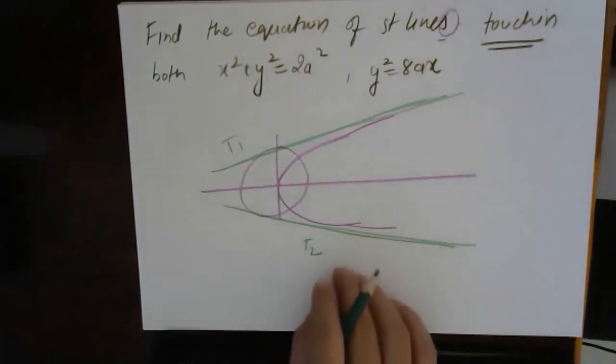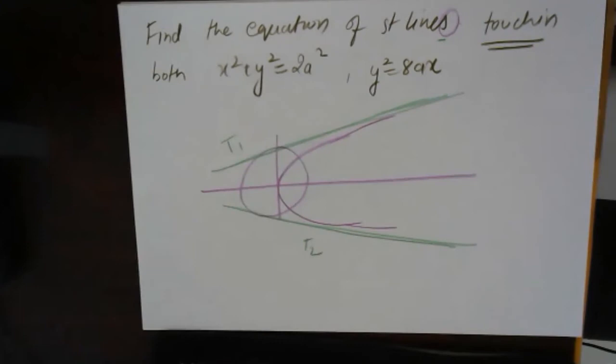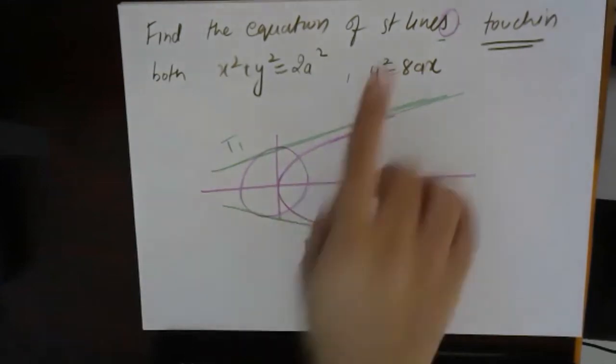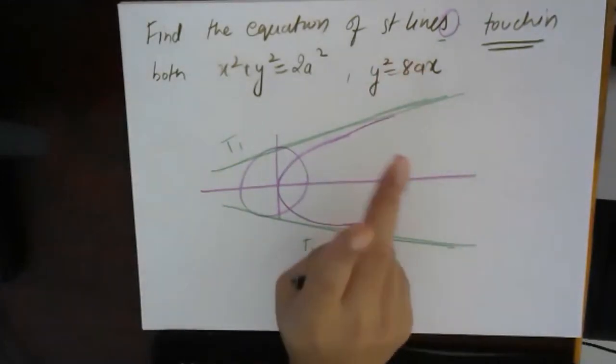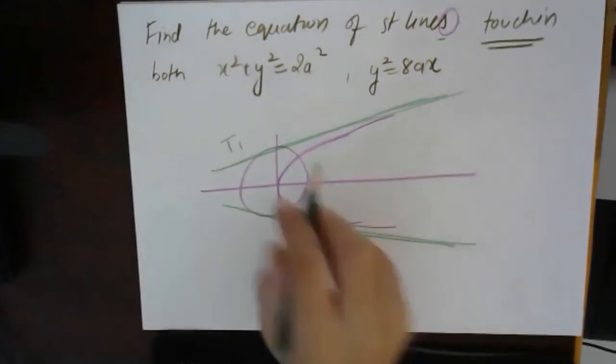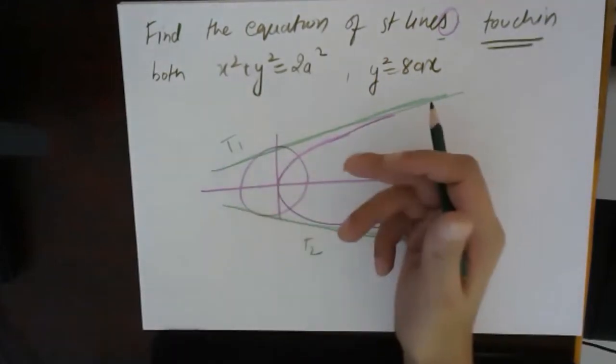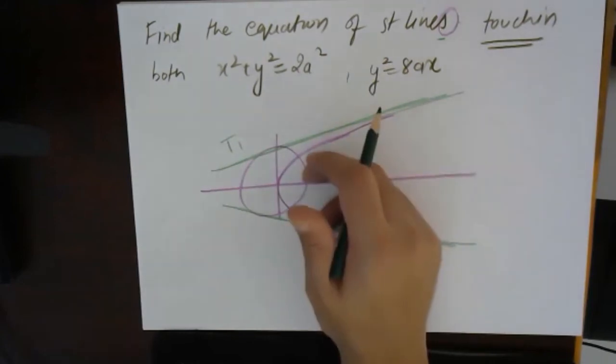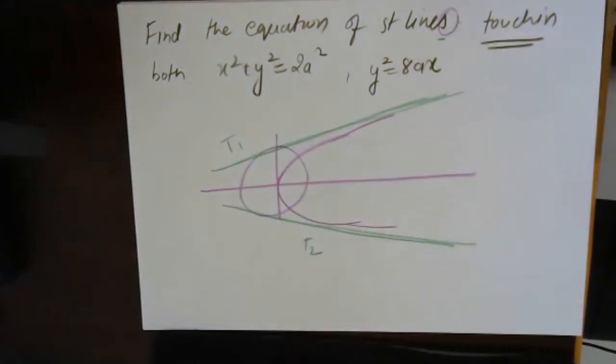Now these are favorite questions of JEE Mains as well as Advanced. Why? Because one question is using two topics. First is circles, the other one is parabola. So these are one of the favorite kinds of questions you will get across JEE Mains as well as Advanced. So try to solve this. I will give you 2-3 minutes to solve this, and then I will solve it for you.